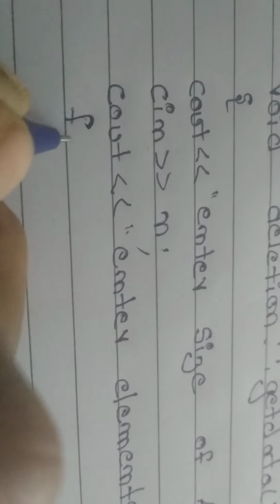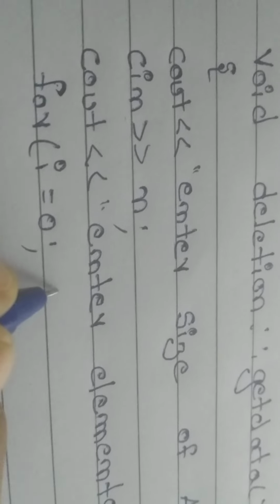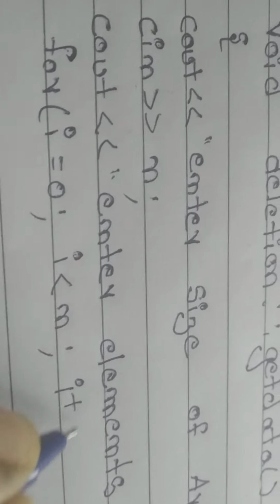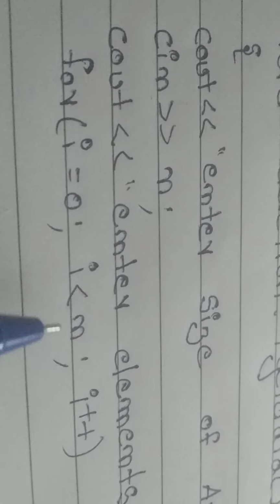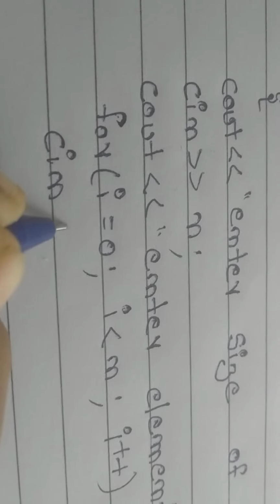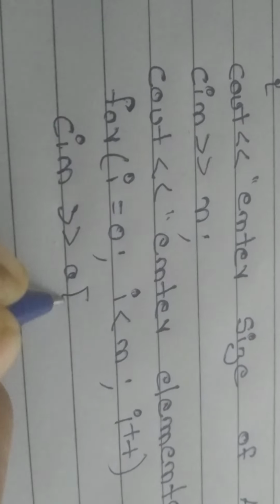Students, many positions are there. Here I told you, no? 0, 1, 2, 3. Wherever many positions are there, what will we use? A for loop we are going to use. For i is equal to 0, i is less than n, i plus plus. From the 0th position to n we are checking, and cin means whatever value the user gave, we are going to store in the array.